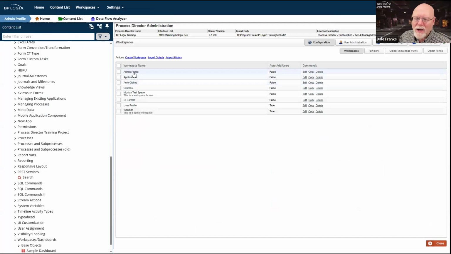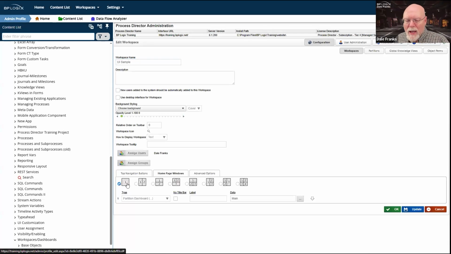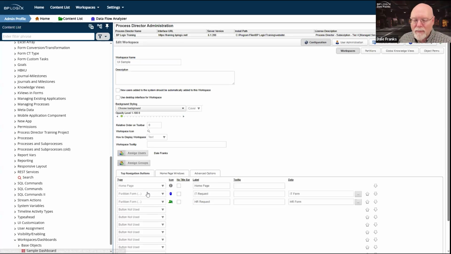Let's actually take a look at the UI sample workspace where I actually have something like that. The homepage window is only set to a single homepage window. And I'm showing a partition dashboard, and it's that dashboard that we looked at 2 weeks ago, my main dashboard. That's the only UI. Now, I do have some navigation buttons.